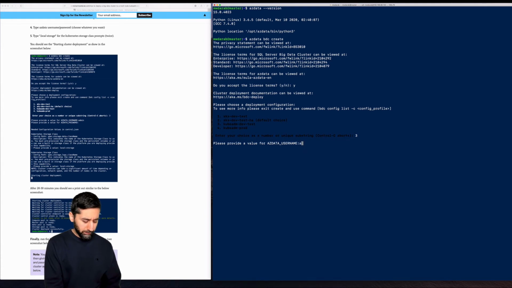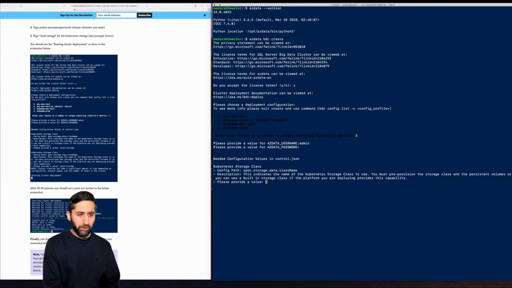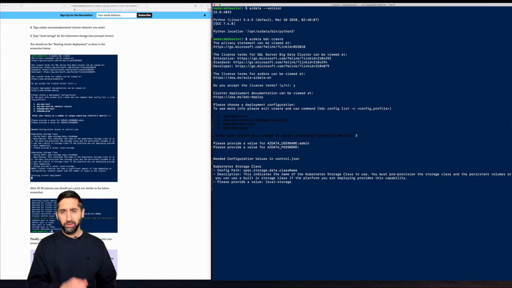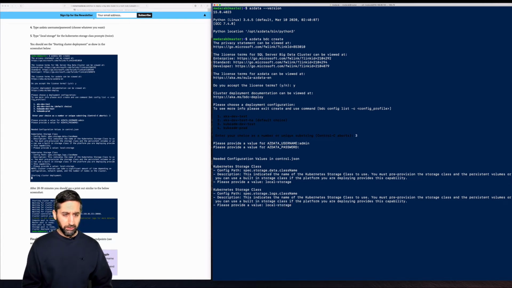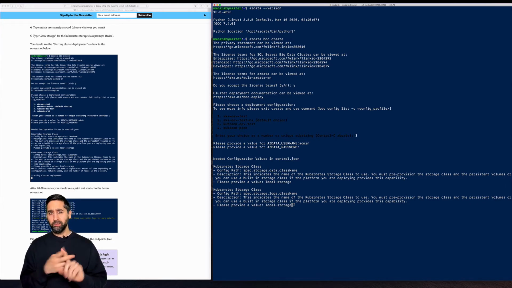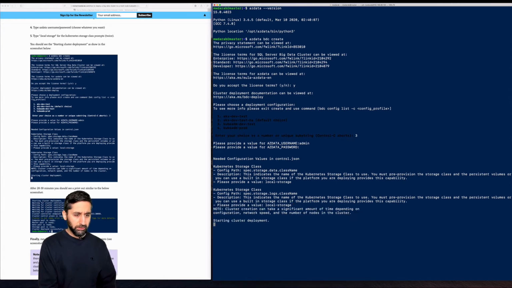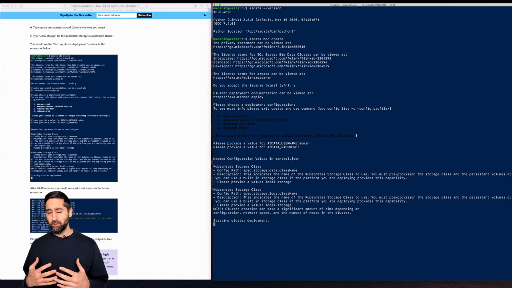So for the username, I just do admin, type in a password. Now for the next 2 prompts, we want to make sure we type in local-storage. This is where the persistent volumes for the data and also the log file. And as you can see, let me just take the mouse here. You can see data and also logs. So that's what we're pointing to, saying, hey, put your data and your log files in those folder structures that we created earlier. So we just hit enter, and this will start the deployment